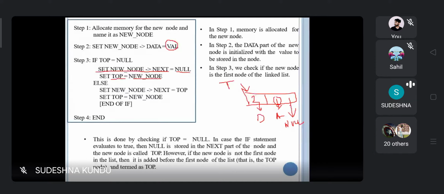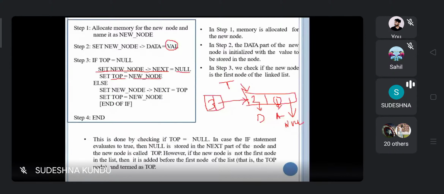Now if that is not the first element, you have already inserted something, create a node first. What are the two parts? Suppose you want to insert 3, and the address part will link to the top.